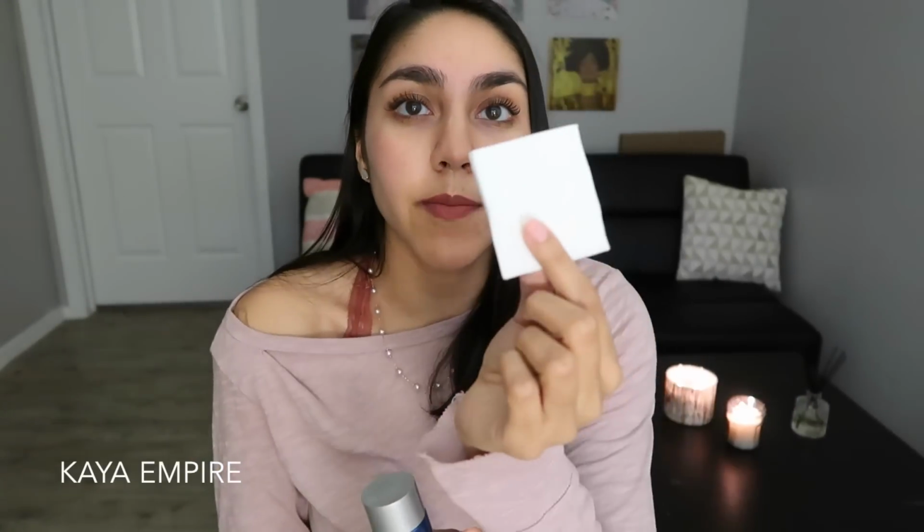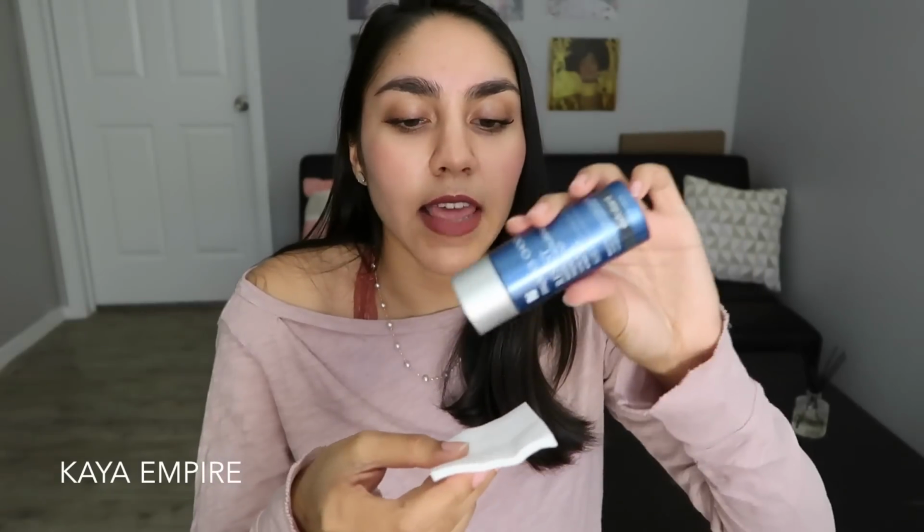these Shiseido cotton pads. These are awesome, by the way. They're super inexpensive, available at Sephora. You can get a huge box of them for like 10 or $5. One pad is all you need for your entire face. And so I love applying a little bit of this AHA and then swiping it wherever I need extra brightness